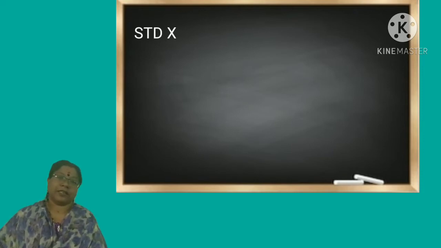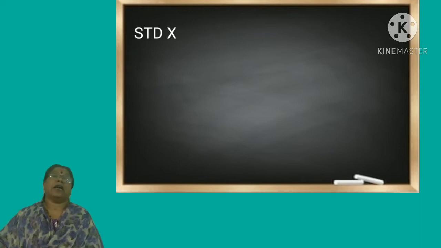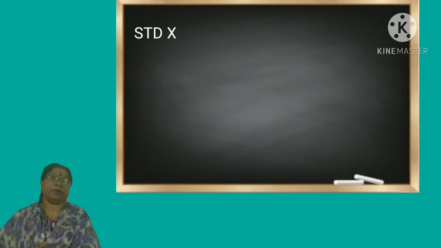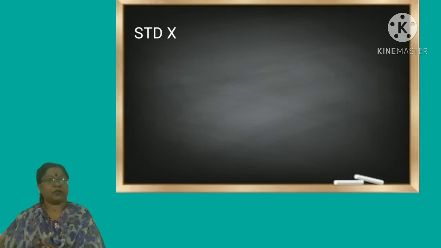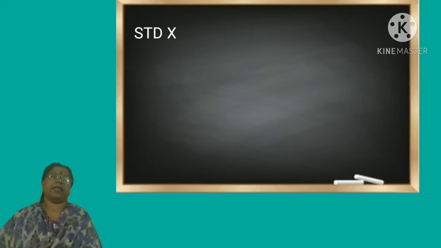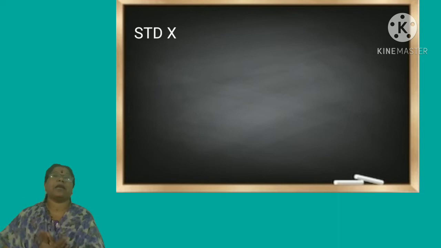So there is an activity given in your textbook, that is, a ray of torch beam is allowed to fall on a triangular glass prism obliquely, and a screen is provided on the other side of the prism. When light falls on the triangular glass prism and emerges out of the prism, it deviates towards the base of the prism, that we have studied in the last lesson. But moreover, it splits up into 7 colors.